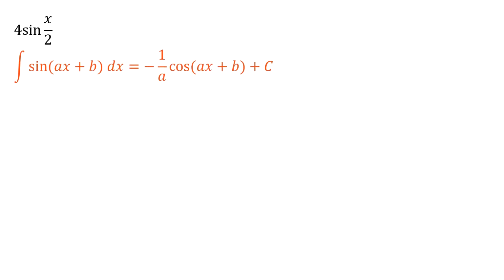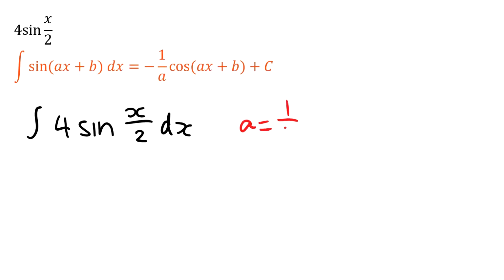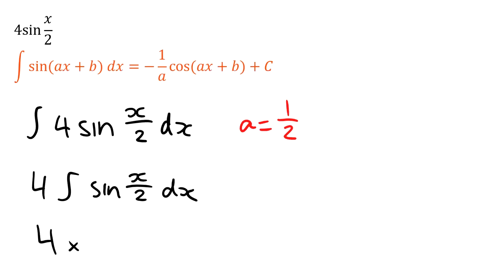In our next example, we have 4 sine x over 2. So we're going to follow the same thing. If we're finding the integral of 4 sine x over 2 dx, our a in this case is going to be 1 over 2. You'll also note that the 4, since it's out the front, we can bring that out here. So sine x over 2 dx. Focusing on our integral, we get 4 times minus 1 over a, but we have a equals a half, so that's going to be minus 1 over 2